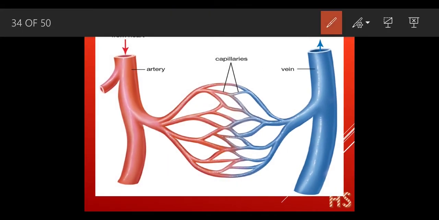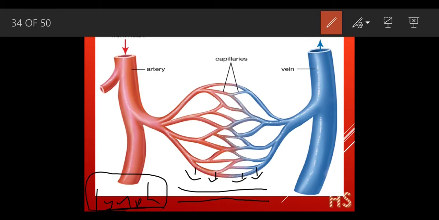Now, as we can see in this diagram, these are the capillaries, and there is one more vessel which is called the lymph vessel. In the start of the lecture, in part 1, I mentioned lymph. So there is a space between them. These capillaries transport the oxygen, and it gets transported into the lymph, because lymph is a nutritive fluid, so it provides them the oxygen. This is the outward diffusion of oxygen.